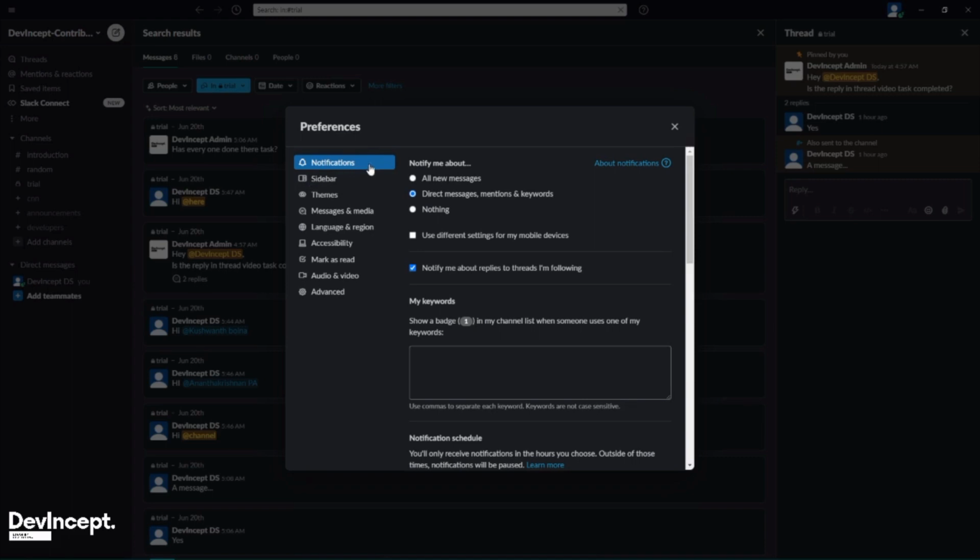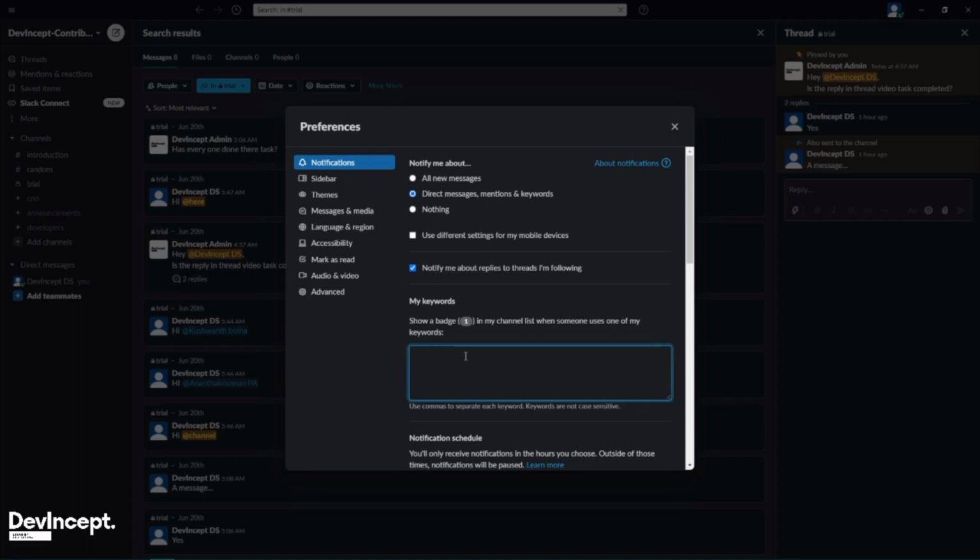as you can see from notifications, instead of all new messages, you'll get the notifications for direct messages, mentions, and keywords. Now mentions and direct messages are fine, but what are keywords? Suppose you are a program admin or community lead for any topic like machine learning. Now you surely don't want notifications about OpenCV or NLP. So what you can do is add your own keywords to filter those messages.